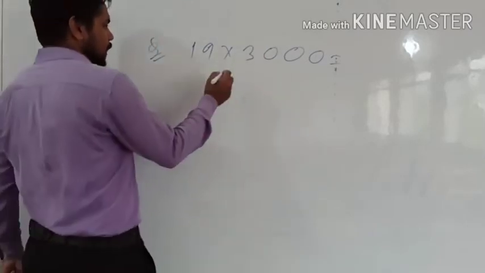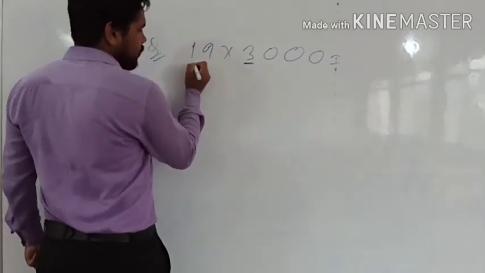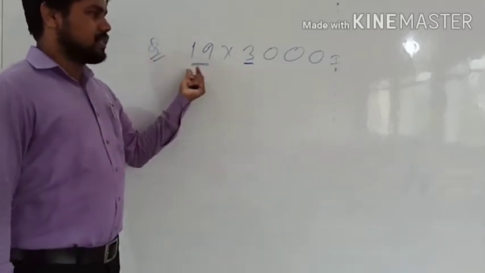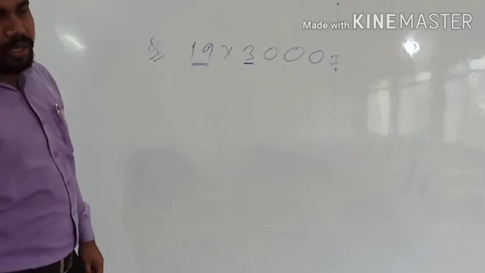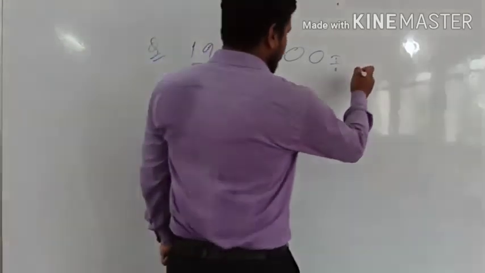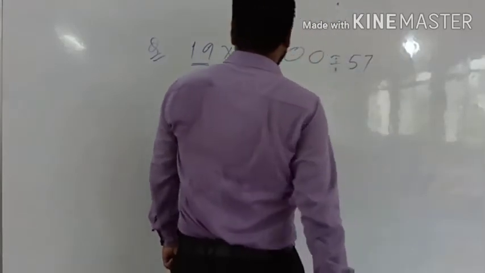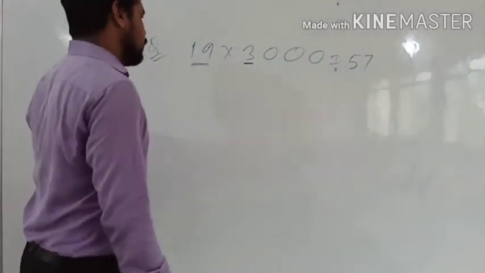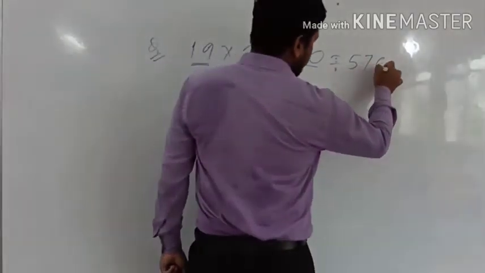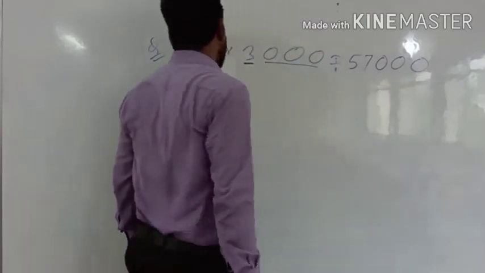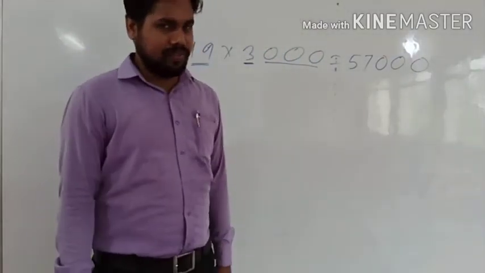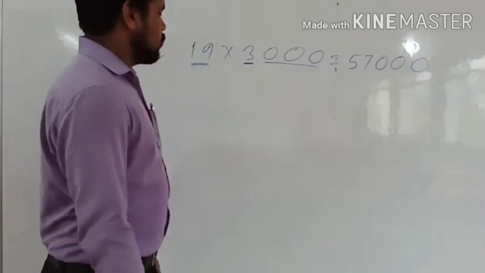Just you have to multiply this 3 with this 19. So if you multiply 3 with this, then you should know the table of 19. The table of 19 का आता है 19 3 are how much? 19 3 are 57. So 57 हो गया. Now we will see how many zeros are there. 3 0. So we will add here 3 0. So that means 19 multiply 3000, if I am asking, you have to directly answer 57,000. Okay.